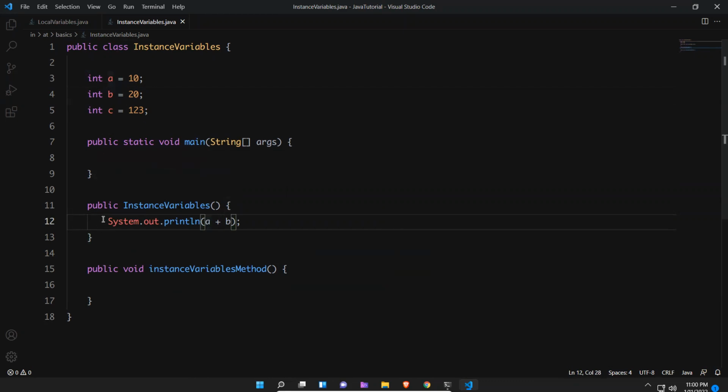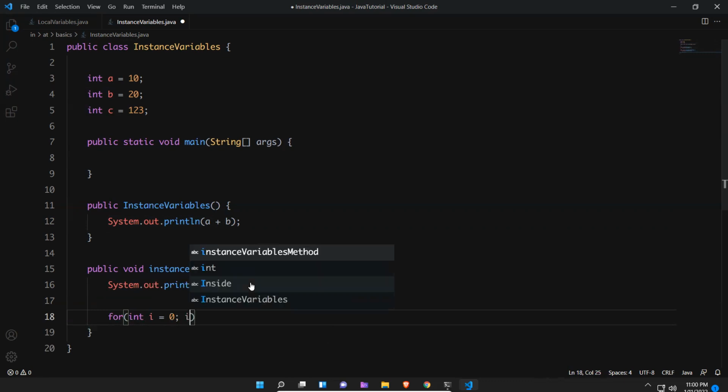In the same way, I will use the same variables inside this method also, but instead of plus, I'll use star. Okay, I'm multiplying these two. And apart from that, we can take one block. For int i is equals to 0, i less than 1, i plus plus.